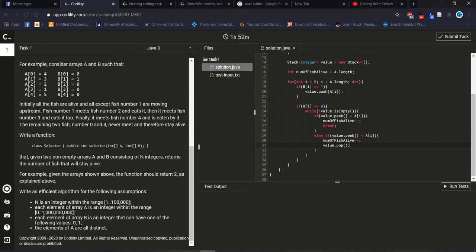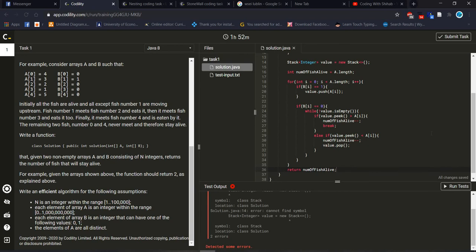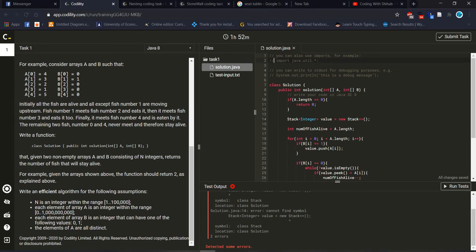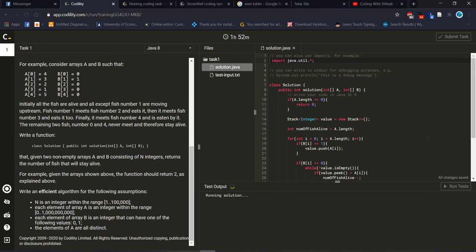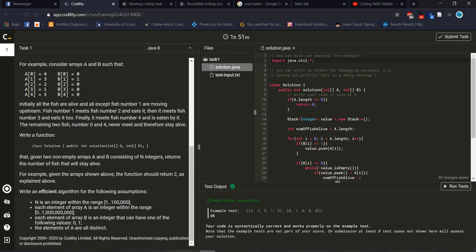It can be like this. After that I should return the number of fish, like this way. Let's try to run. Is it working or not? Yeah, I understand, I should import this package. That's nice. It works fine.